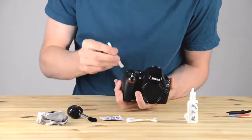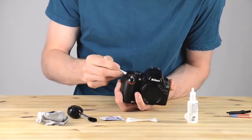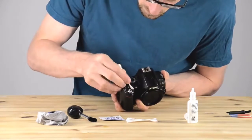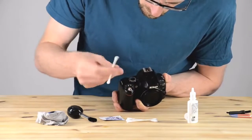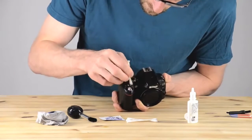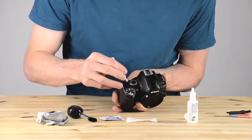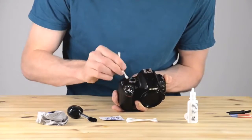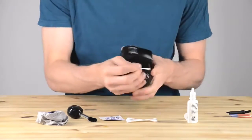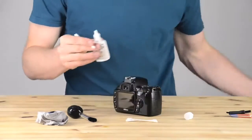I'm cleaning where the straps on the camera connect to the camera, and this is really not an important job. You don't have to necessarily do that, but I'm doing it just because. And I'm cleaning off pretty superficial dirt that was around the shutter, which can also get a little grimy when your fingers are running across it all day. And that spot where I'm working right now around that dial is particularly famous. On almost any camera, a dial like that gets very dirty,